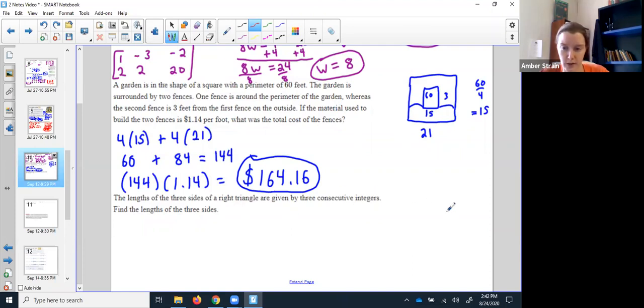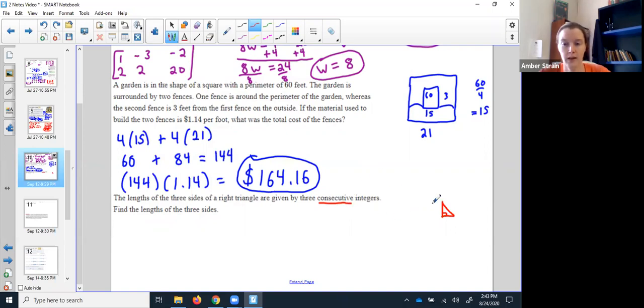Here we've got a triangle, new shape, don't panic, you know this. He's that guy with the 3 sides. It even specifies that it is a right triangle. So remember, that's the one that forms a right angle. It says the lengths of the 3 sides are given by 3 consecutive integers. So this is a fancy word for one after the other. So like if I had 67, the next one would be 68, and the next one would be 69, one